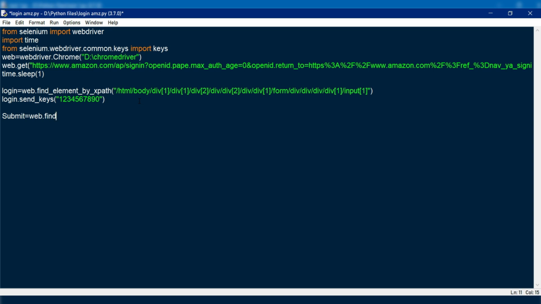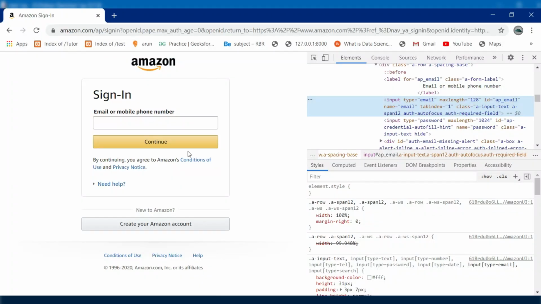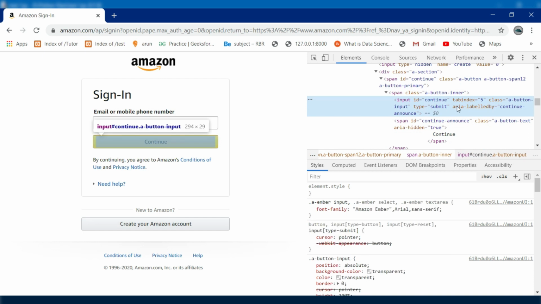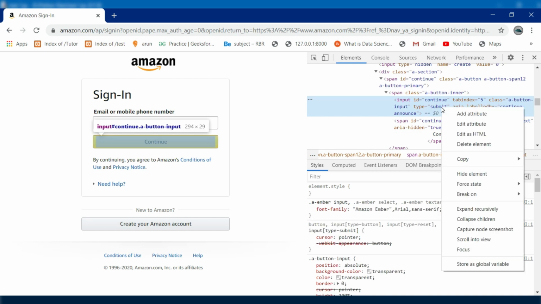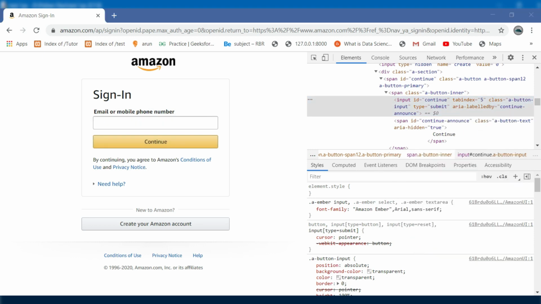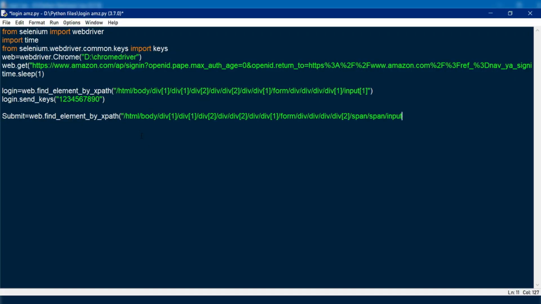So we completed the inputs. Next we are going to focus on automatic sign-in. Just go to the same site. Here you can see the continue button. Using this button we are going to do the sign-in process. Now do the same process here that you did in the previous step. Inspect the continue button and copy the XPath value from the button. Paste the link in the coding part.